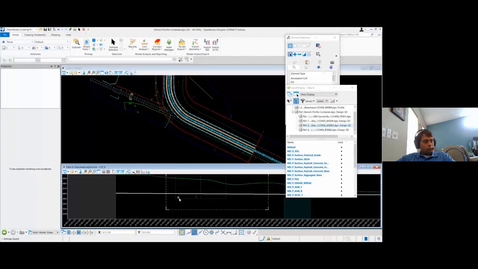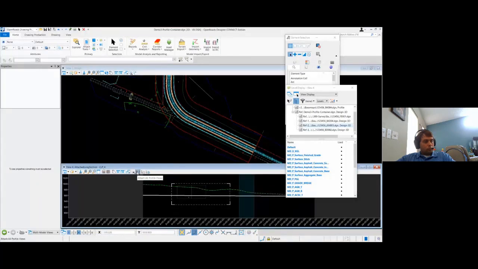Now you also can do this attach all profile views, and where this comes in handy is, maybe you have bridge stuff and you need more stuff shown on the profile just for the bridges. So you wouldn't really want to draw that in your geometry file because anytime you look at the reference of this main geometry out of your BK file, you'd always get that bridge stuff, right? So you would create a bridge file referenced in your geometry, and then within the bridge file, you would add stuff to your profile.